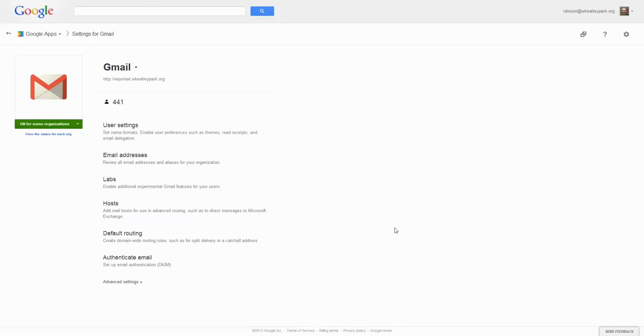So there are a lot of things on here. Email addresses will simply list all of your email addresses, so I'm not going to go into that. Labs allows you to turn on and off experimental features within mail. We're going to look at user settings, which is the most important part of this. So if we click on that,